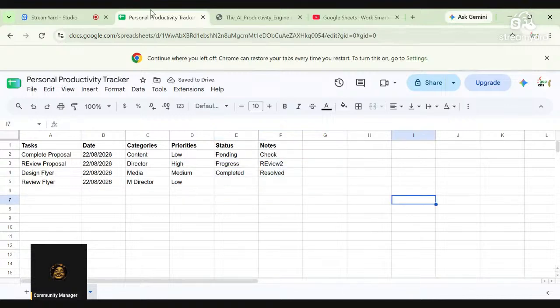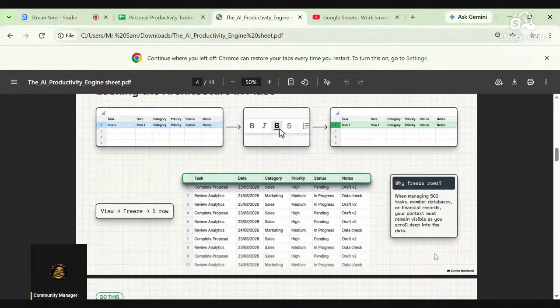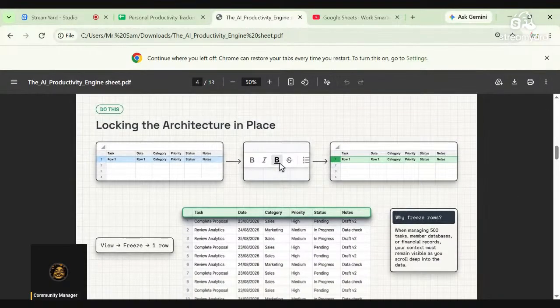Now, let's go back to our slide. So the first function we want to do here is, you can imagine a situation where you have like 500 tasks. So the question is, we want to freeze. There is a function that we want to apply. It's called freezing, right? How to freeze a header. So why do we need to freeze? When managing 500 tasks, member databases, or financial records, your content must remain visible as you drill into the